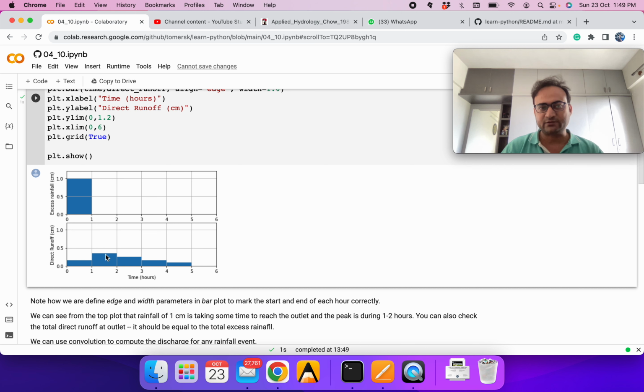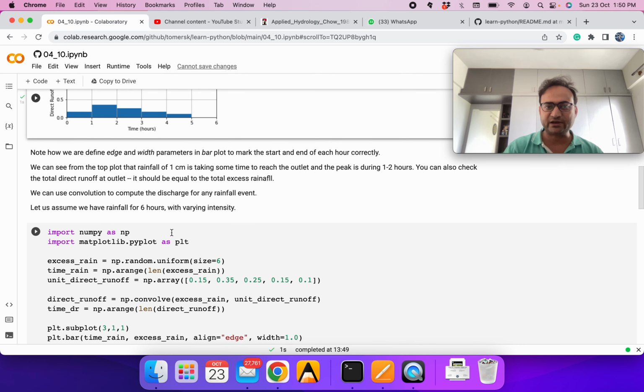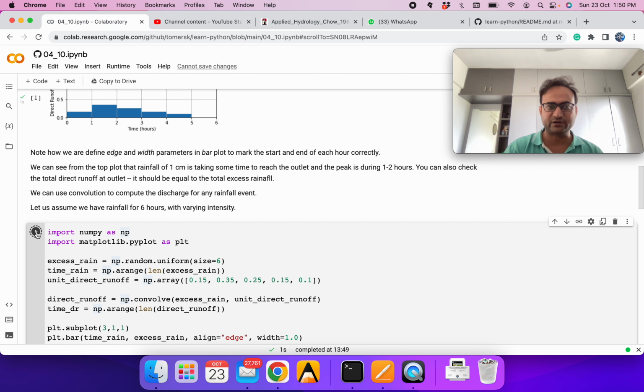Like we were discussing earlier, 0.15 centimeter in 1 hour, and then in the second hour so much reached. In a very simple way we can say this is called the unit hydrograph: how the distribution looks at the outlet, given that our input excess rainfall was 1 centimeter. Now let's see how we can make use of this for our routing purpose.